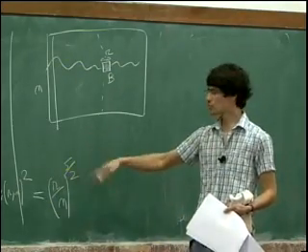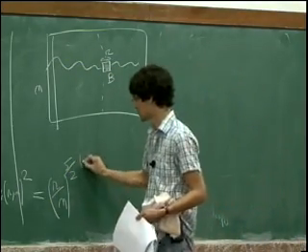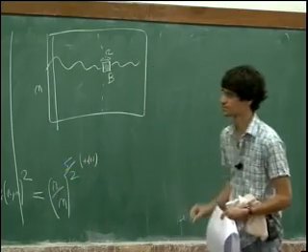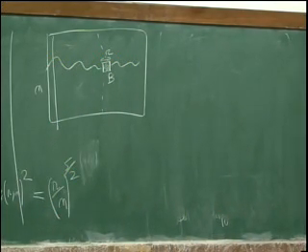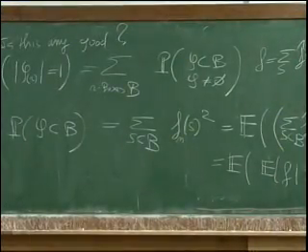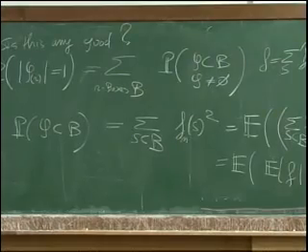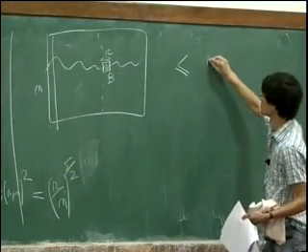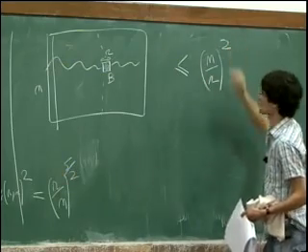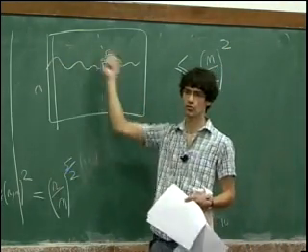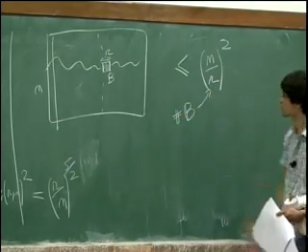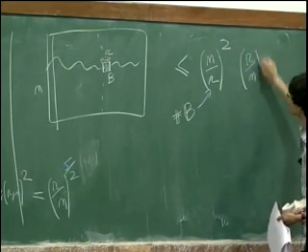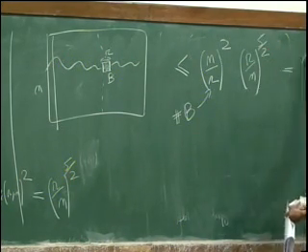So in all this talk, I don't put the corrections and things like this. So there should be plus little o of 1, but we don't care. So altogether, what this gives us, we'll still have this entropy term here. We have many possible boxes B. So how many boxes B do we have? If you think for a second, this is of length r. You have a domain of size n. So you have n over r boxes B. Each of them contribute this. So you get this estimate.